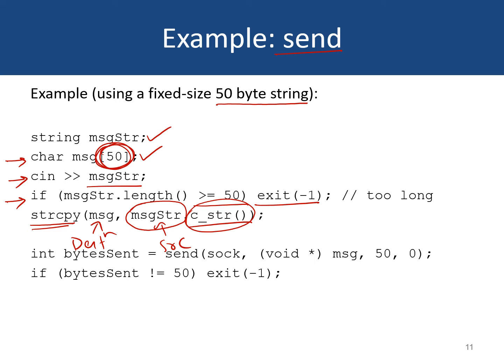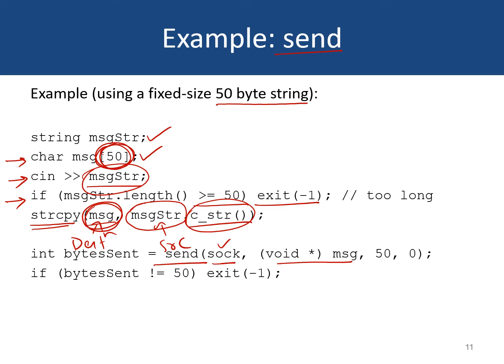So once we have copied the content of the message string into our message buffer, we can use this buffer to send it over the socket. So here we are using the send function call to send this message string, or this character message now in the message buffer, to the socket. So the first parameter to this send function call is the socket. We are assuming that this socket was initialized and created earlier using the appropriate function calls or system calls. The second parameter, recall, is the message that we want to send.